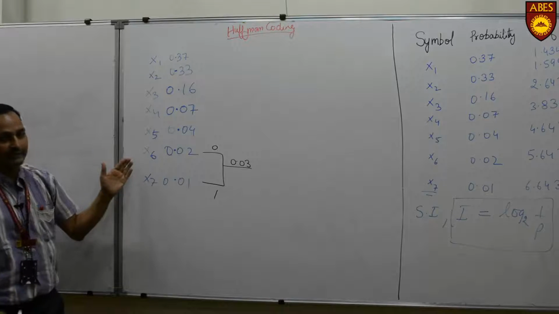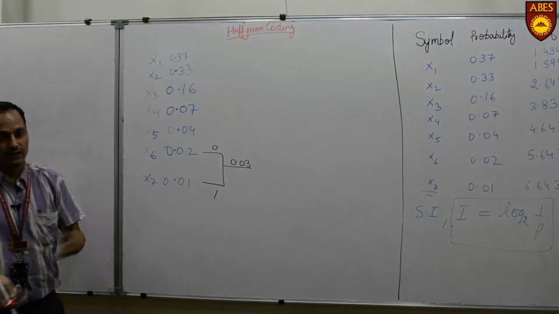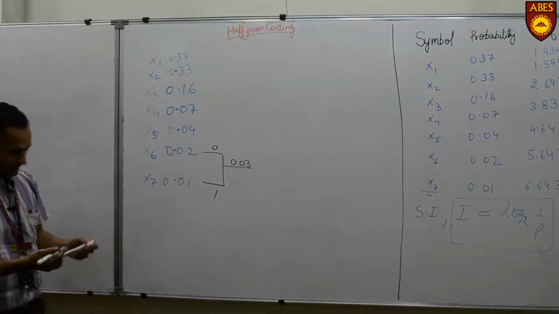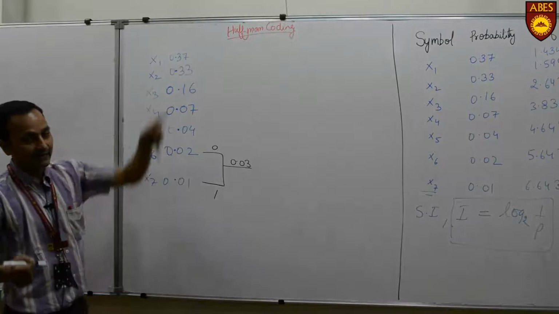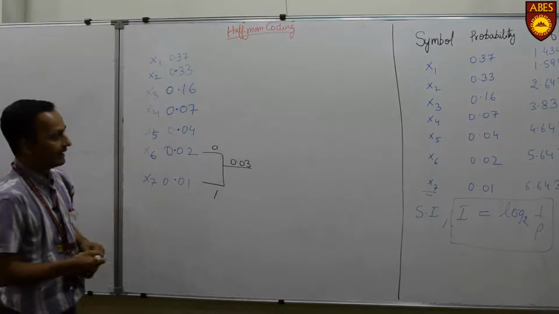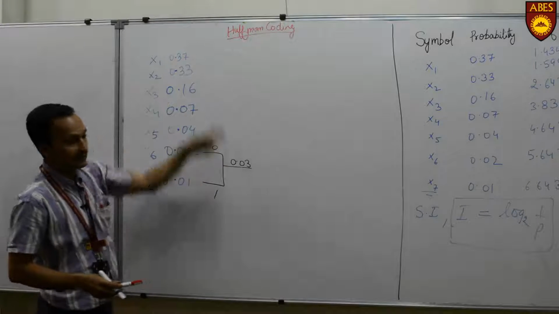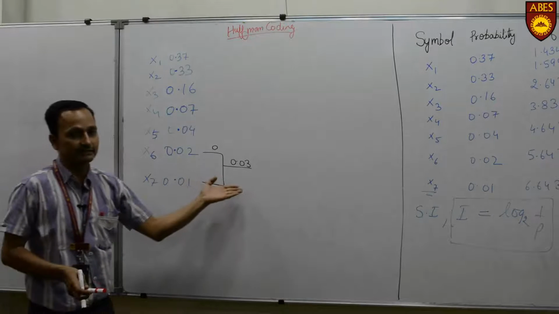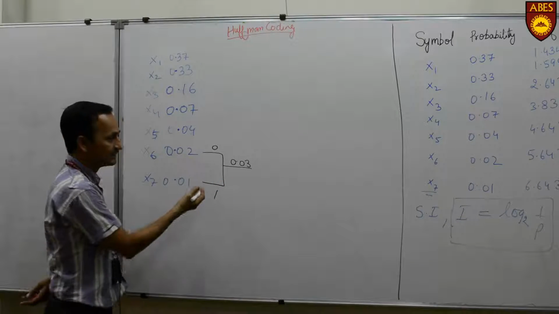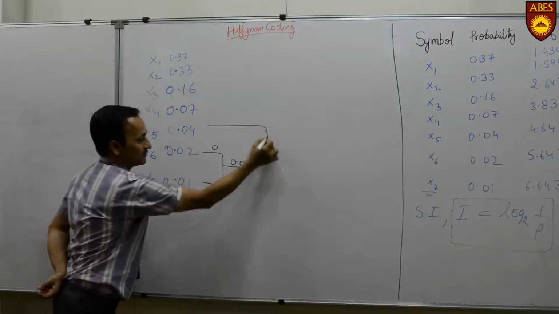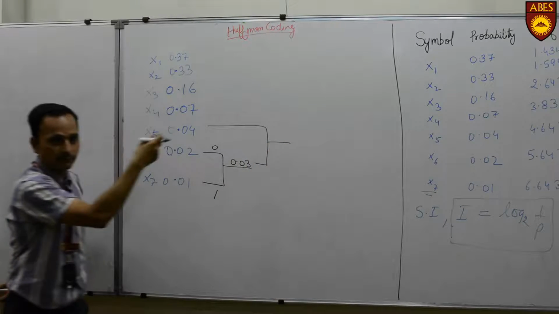This Huffman coding is an efficient algorithm as compared to other algorithms in the case of lossless data compression. Now when we see this 0.03, we have to again arrange the symbols in decreasing order, and as we can see, this 0.03 comes out in the correct order. Now we don't have to rearrange the symbols. Again we take the two symbols with the minimum probabilities, which are 0.04 and 0.03, and take the sum of these two symbols.